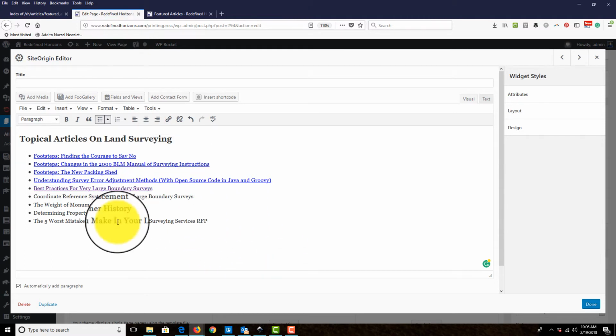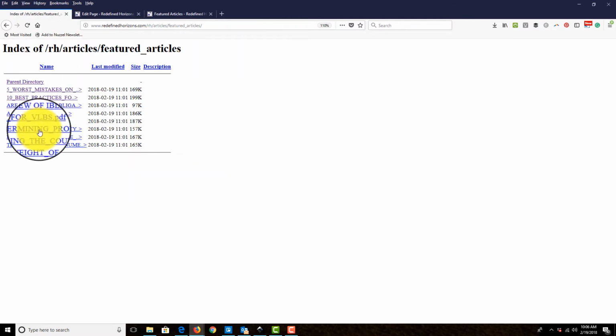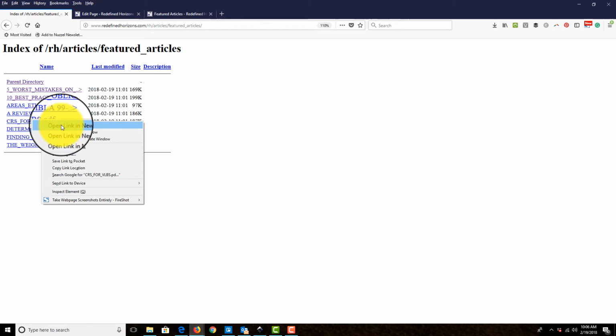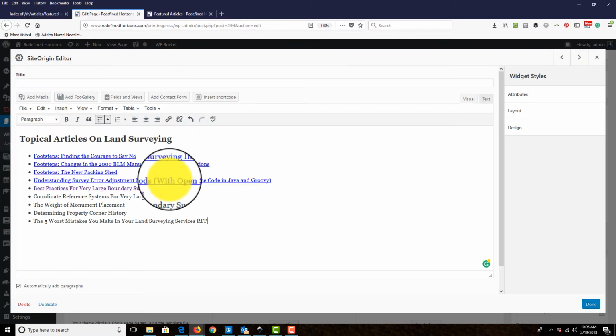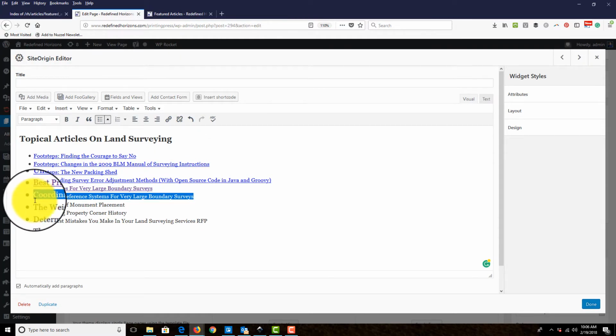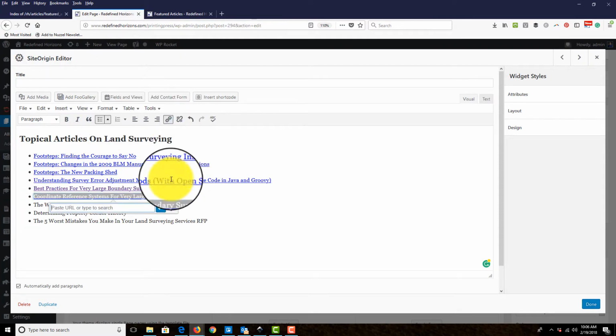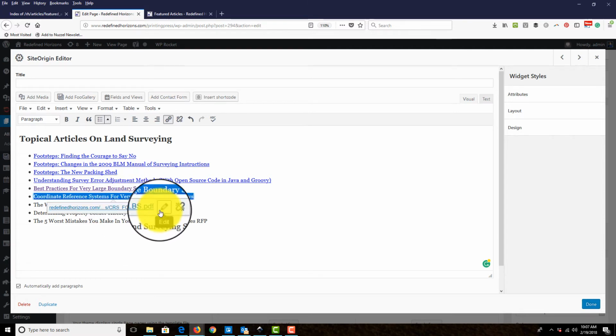Okay, that one's done. The next one is coordinate reference systems for very large boundary surveys. So that's this guy right here. We'll open that in a new tab, grab the link, close the tab, pop back over to WordPress, highlight the text, insert the link, hit the apply